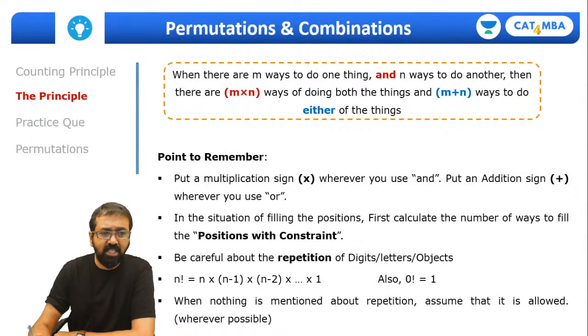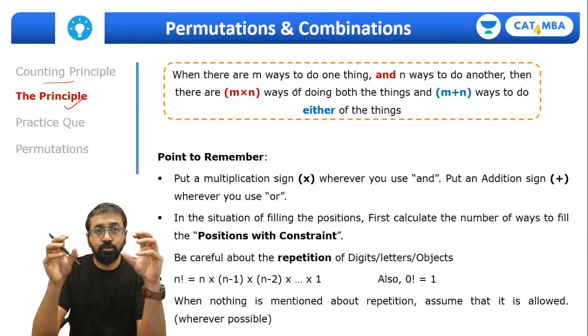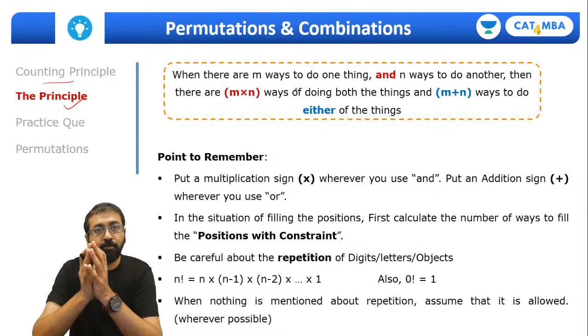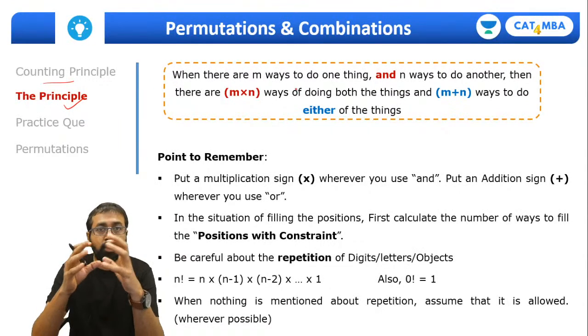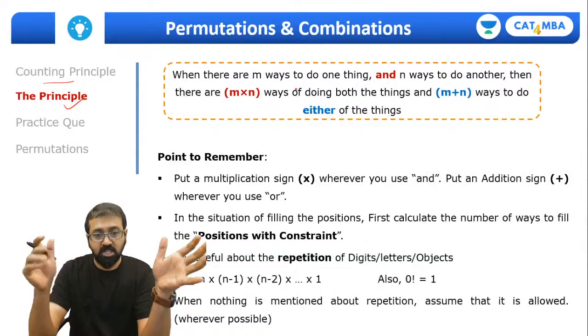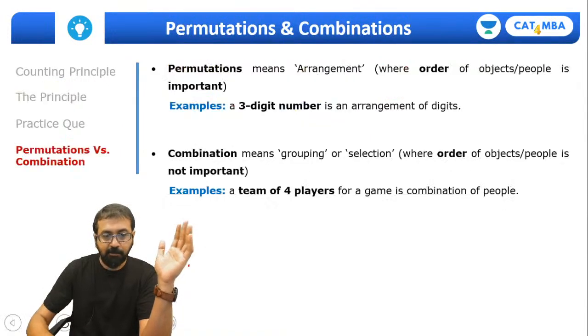So in the last session, we had discussed this counting principle. So this is that principle. We clearly understood that whenever we want to perform two tasks together, we multiply the number of ways of performing those tasks. And wherever we use the word either or, either this or that, then we'll add the number of ways of performing those tasks. Right, so AND means multiplication and OR means addition. So this is what you need to understand. And a few important points that I had mentioned in the previous session. I'm sure all of you remember that.